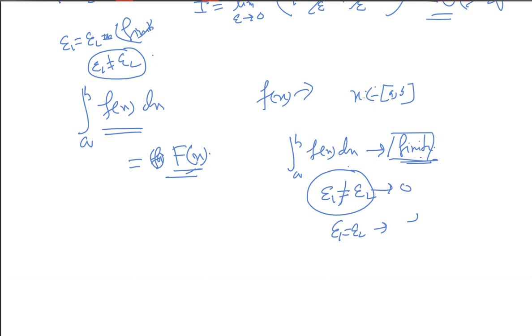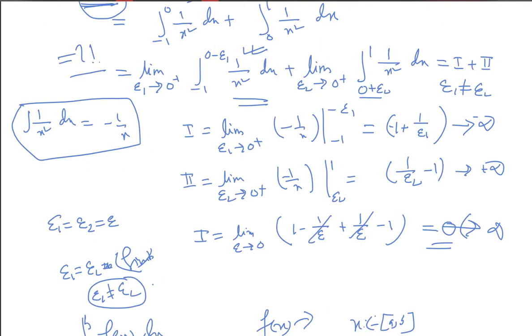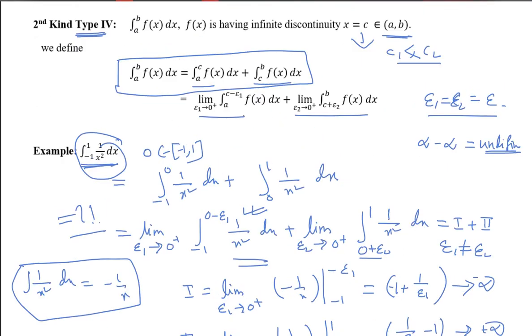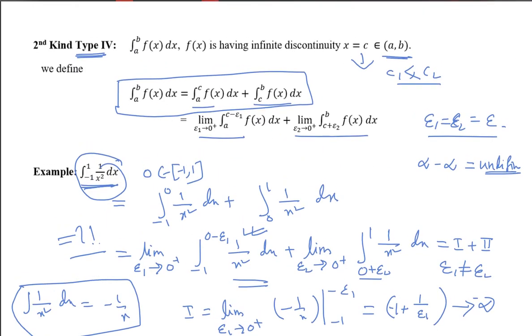Thank you, sir. Okay. So one more doubt. Can you show the type 4 statement, sir? बोलो one by one बोलो. The type 4 statement, second kind type 4 statement of the theorem. हाँ बोलो. So in the first case, why are we doing a to c minus epsilon 1? Because it is the lower limit, then it should be greater, no? Why are we taking c minus epsilon 1?